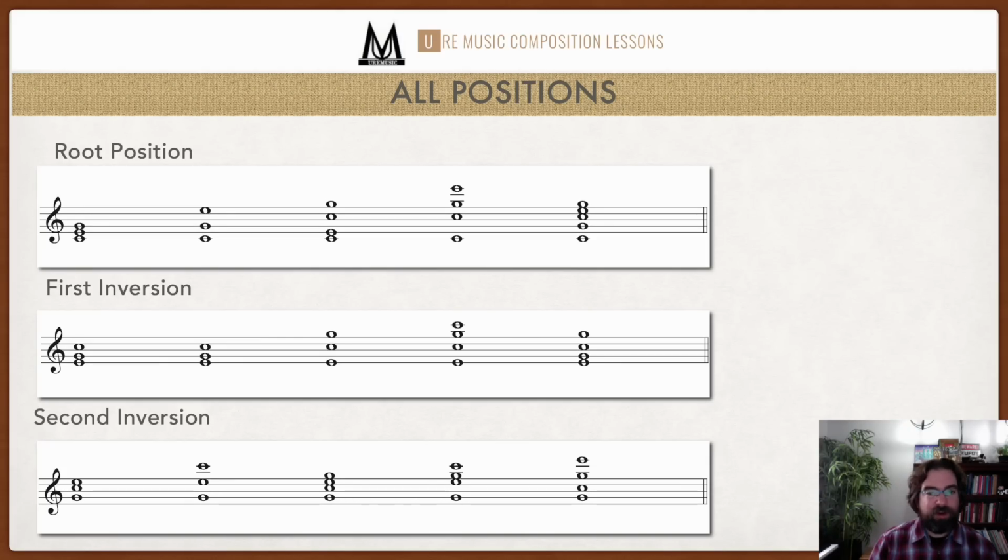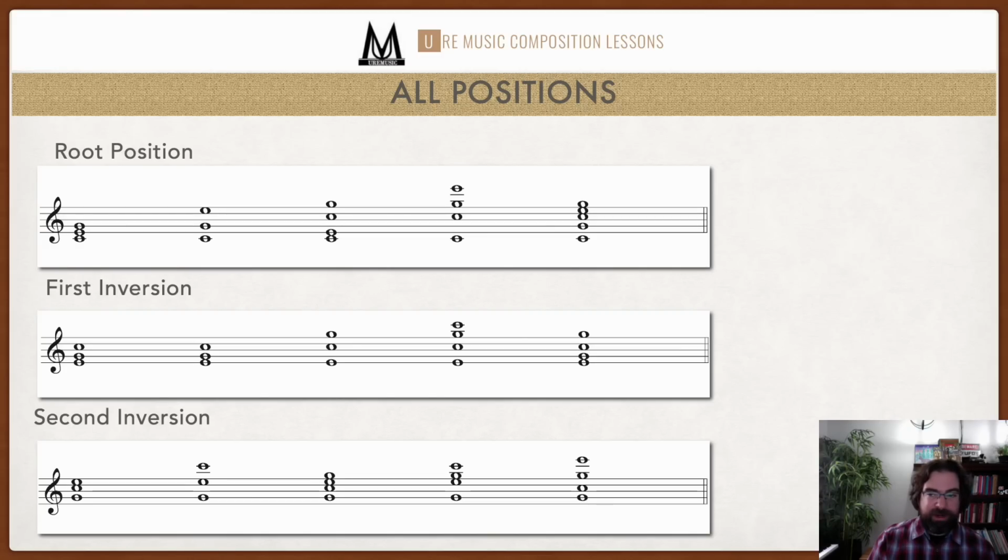So here's a summary of all the positions. This is a nice little screen that you can just take a screenshot of if you need to. Notice that this is the same triad for root, first, and second inversion. We're only dealing with triads right now. The root position, easily on that first chord, stacked in thirds, we can see that's clearly a C major triad. First inversion, it's still got the notes C, E, and G, but the third is in the bass, so that makes it inverted the first time, right? You invert it again, you take that E and you put the E on top,